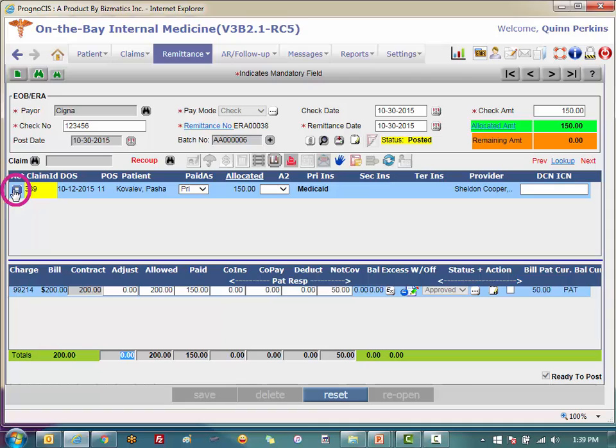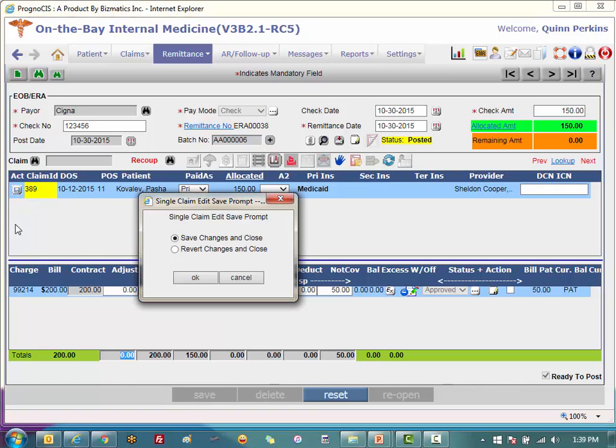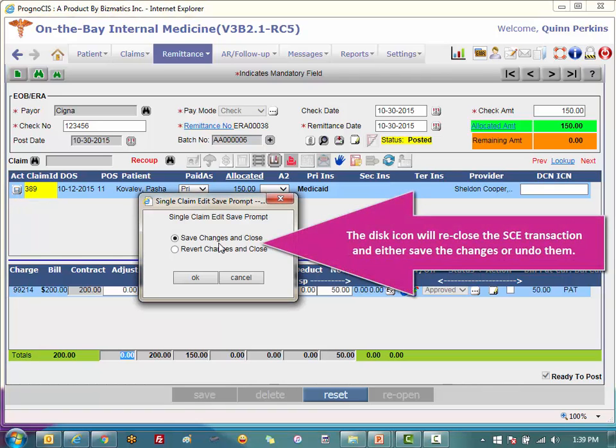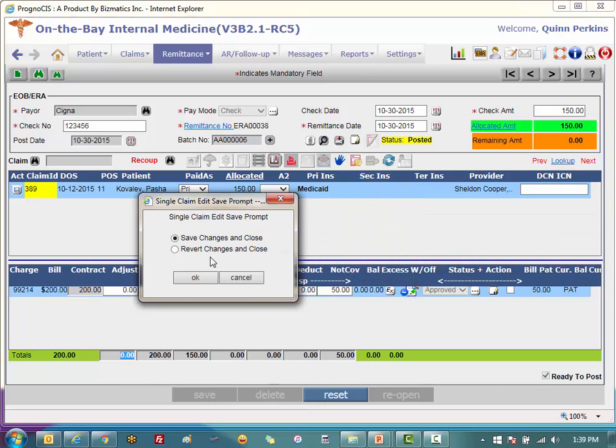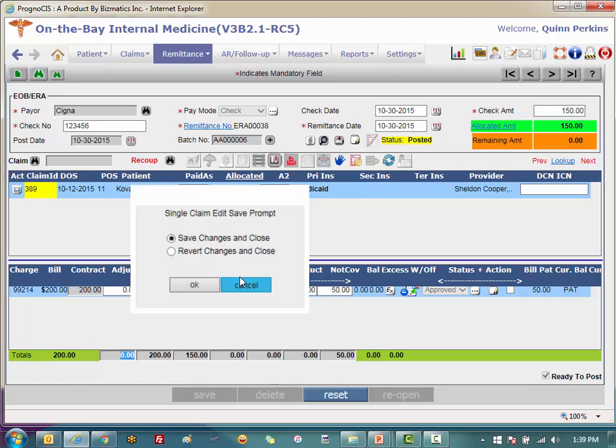So now when I click my icon, it asks me, do I want to save those changes and reclose my remittance, or do I want to revert the changes and also close it? Maybe I realized at this point I opened the wrong claim. It's not Pasha, it's somebody else. So I do have the option of undoing what I just did. If I go ahead and cancel, however, which I'm going to do right now, and then go back to my home